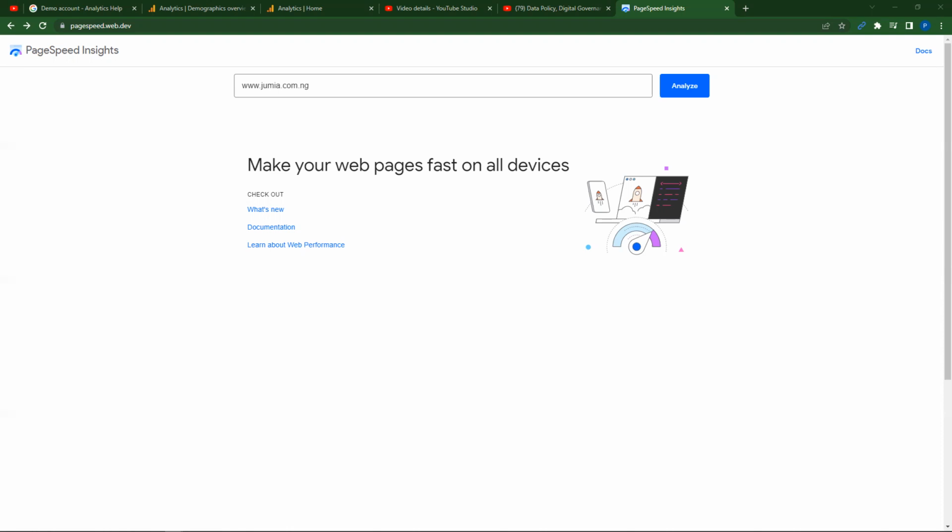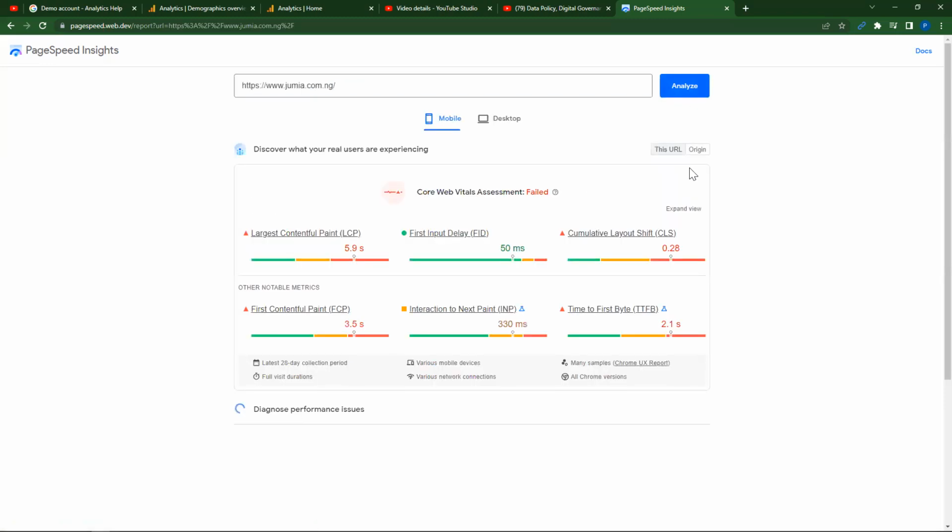I'm going to use an example of Jumia.com because in the previous weeks we've covered Jumia as an example. What you want to do is copy the web address as it is and paste it onto your browser. You're going to be doing YapiChef as a case study, not Jumia. I'm showing you an example of how you go about conducting the insights. When we insert the Jumia web address and click on analyze, the first set of results